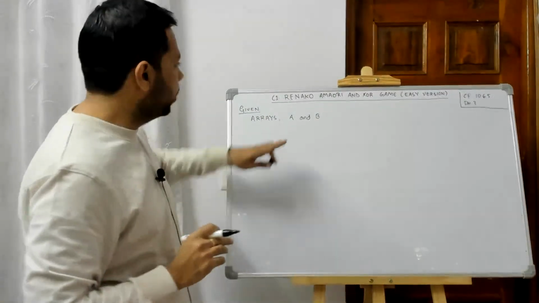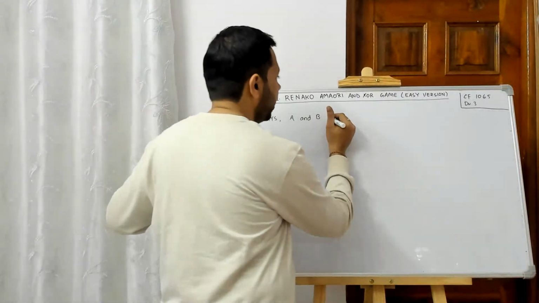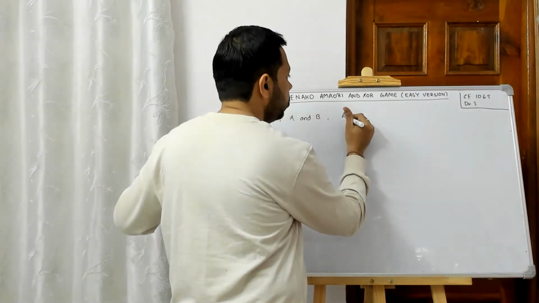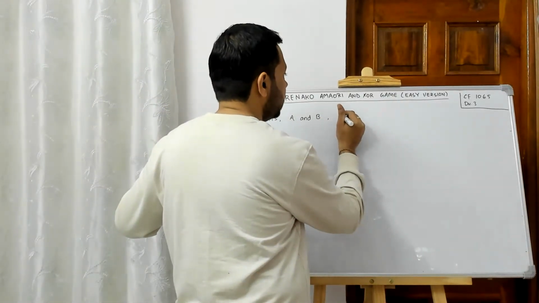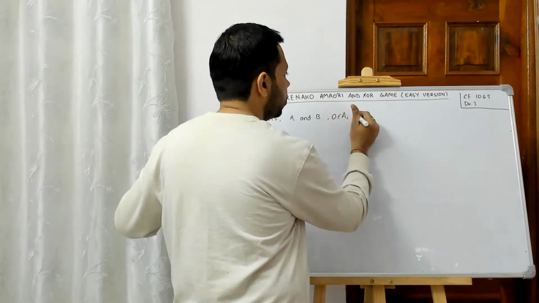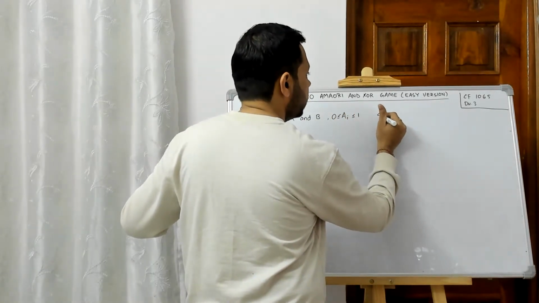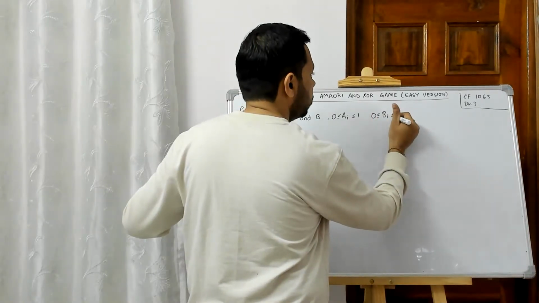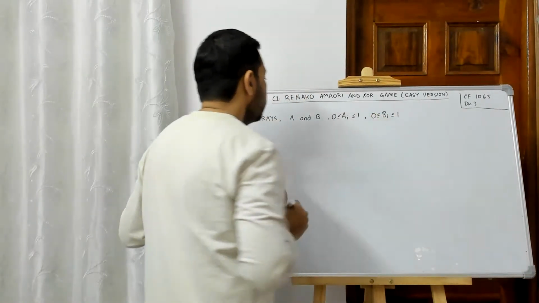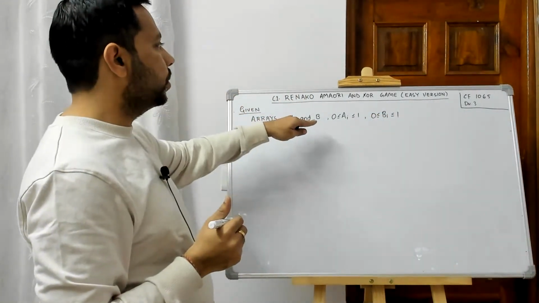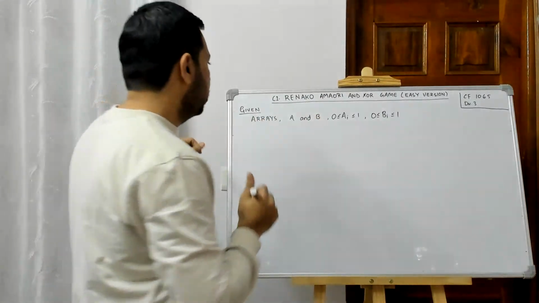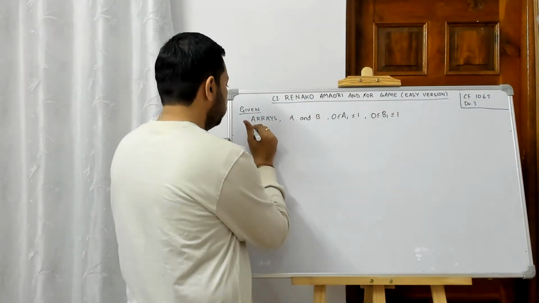For this easy version, both Ai is 0 to 1 and Bi is 0 to 1. So to simplify this, what it means is, given two binary arrays,